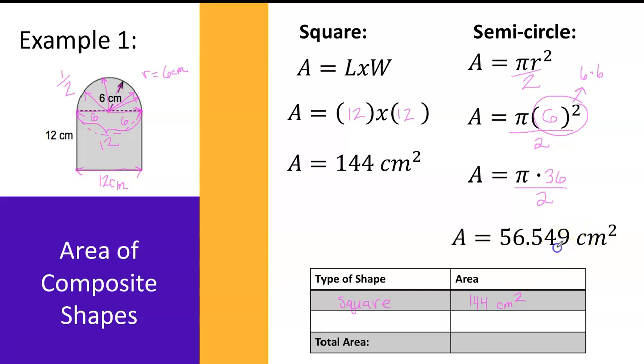So I decided to round this to the thousandths place because I didn't want to write that really long number out, and I know that in the end I'm only going to round to the nearest tenth. So this will give me enough decimal length that I can properly round to the nearest tenth at the end of the problem. So now I have the area of the semicircle. So I'll write type of shape. It's a semicircle. And then the area was